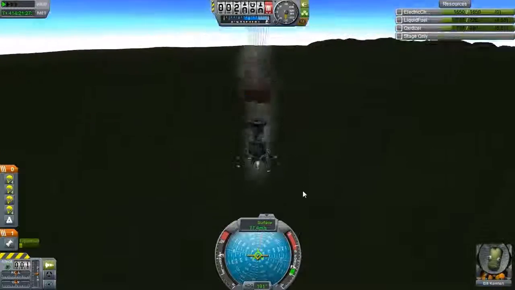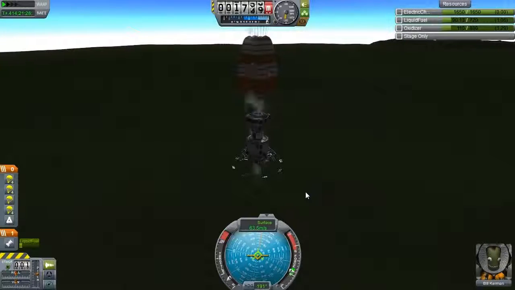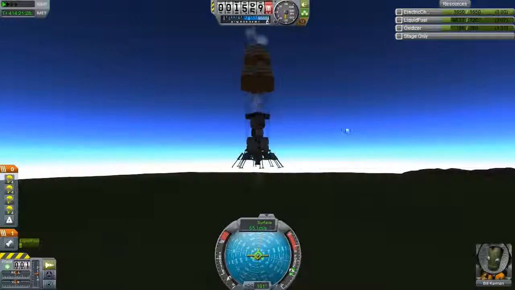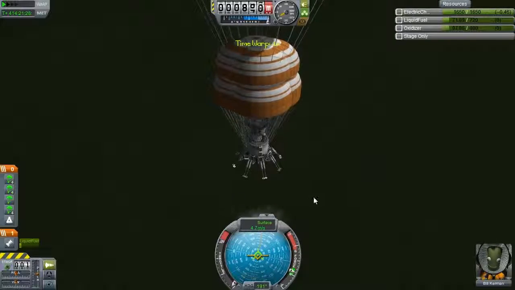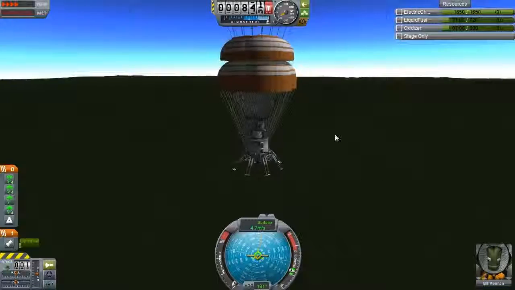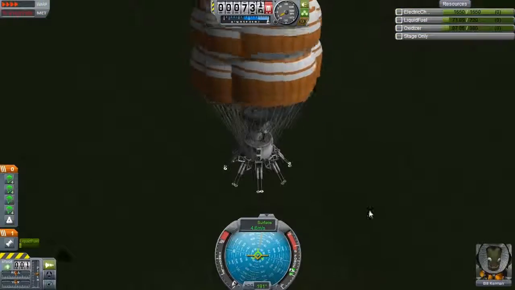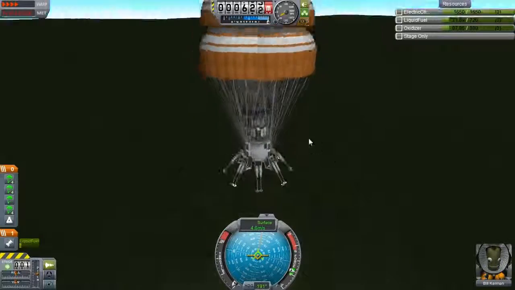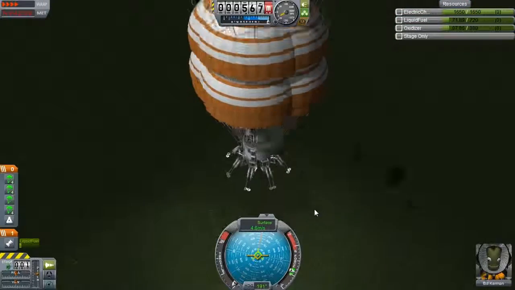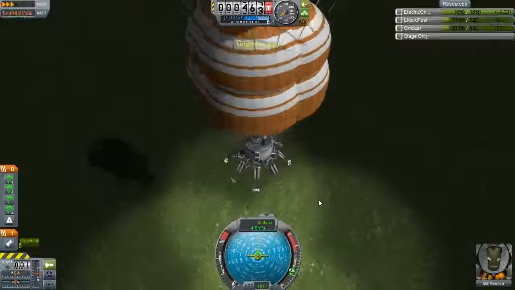Alright, might as well slow right down so that these can deploy at a safe speed. And that does take forever. Whoops. There we go. Now we're going to come down about 4.7 meters a second. That is a snail's pace. Very nice indeed. Not going to EVA Bill this time, because I don't want to kill a second crew member. I'm sure Jebediah will turn up again at some point, but